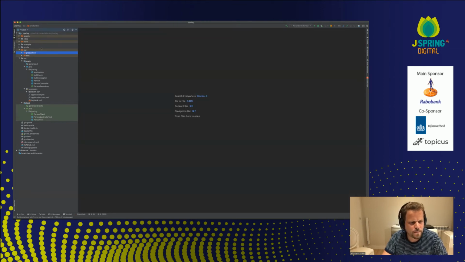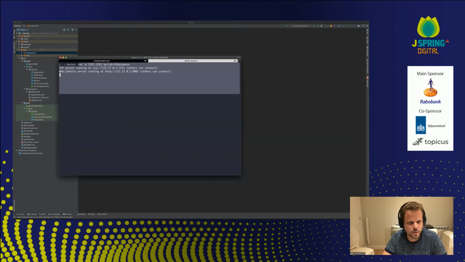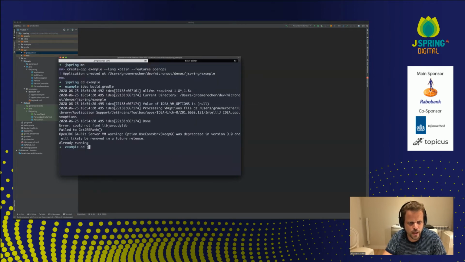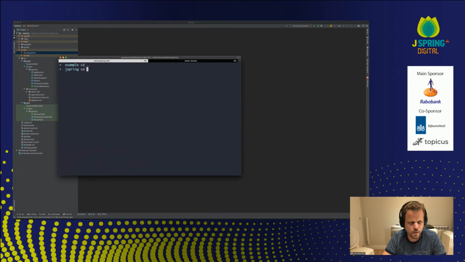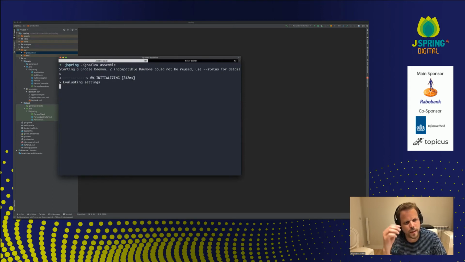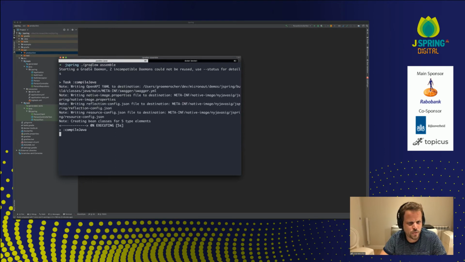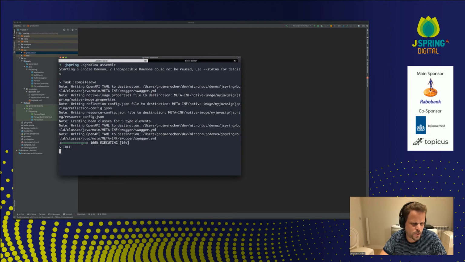Finally, if we wanted to take this example and build it into some kind of distribution, or compile it into a GraalVM native image, what you can do is assemble a fat jar, or in the case of Docker, you may want to use Jib or something like that.